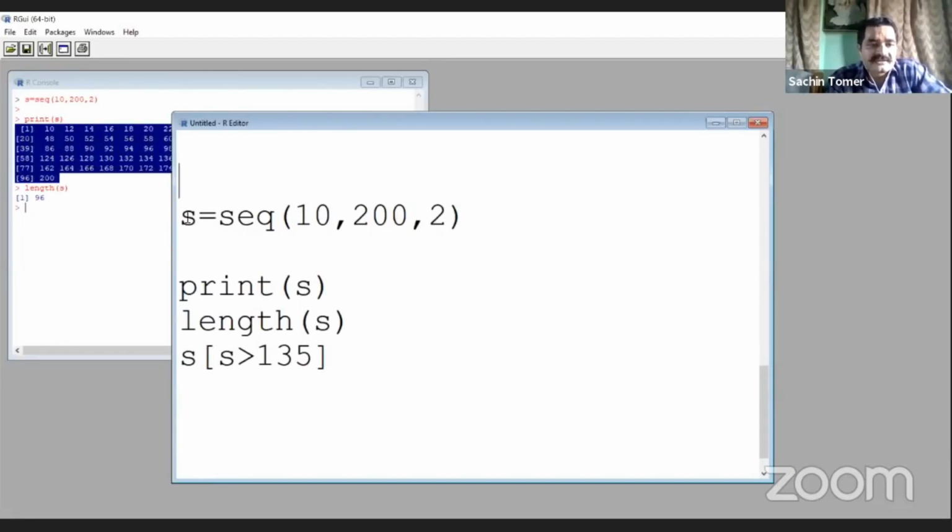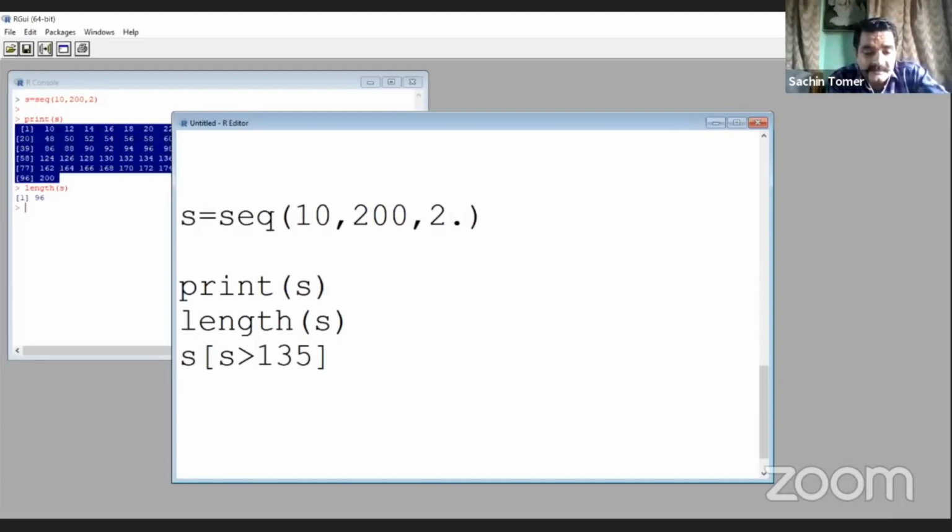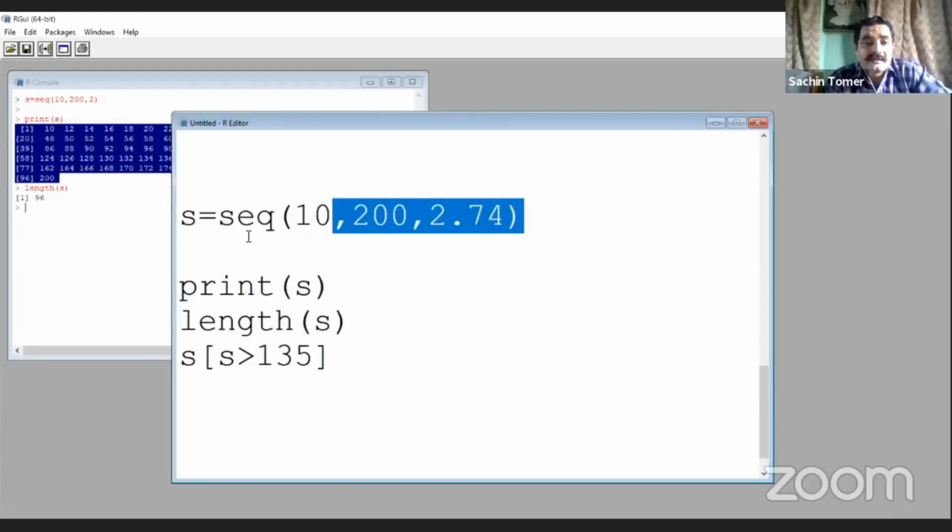For this, there is a sequence command, which is seq. Give the minimum number, the lowest value, comma, give the highest value, and comma, give the increment. The increment may be a continuous number also, like 2.74.